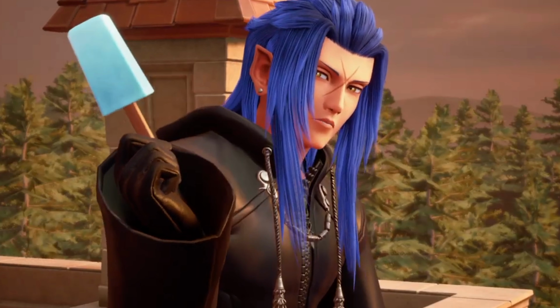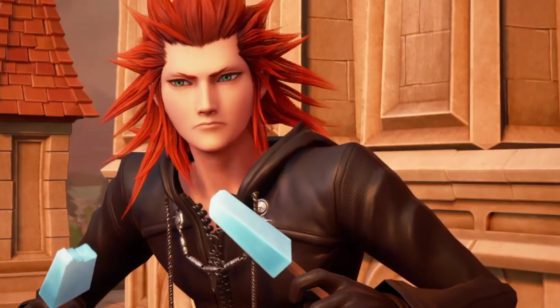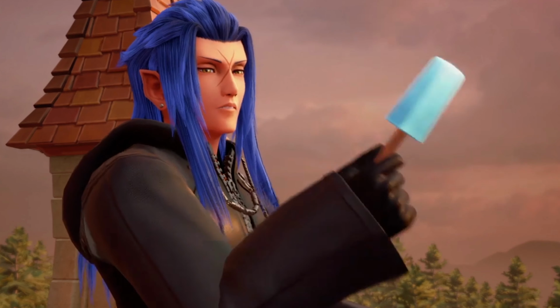Hey! You can't eat all this. Why did you buy 3 of them? 1 for Roxas, and 2 for good luck? Let's be honest, Kingdom Hearts 3 would have been so much better if instead of using a Keyblade, you could use sea salt ice cream. Could you just imagine, like, running through the...